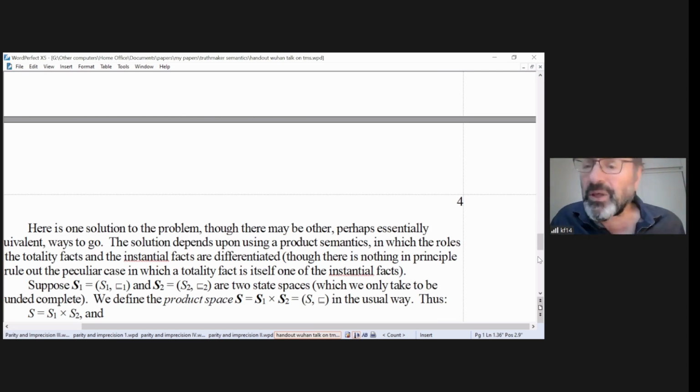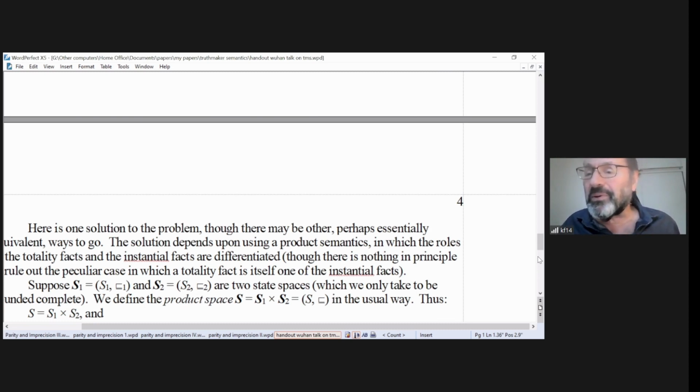So in particular, if I've got two distinct totality facts, if I say, these are the individuals that there are, and these other individuals are the individuals that there are, then the fusion of them is not a candidate truth maker,